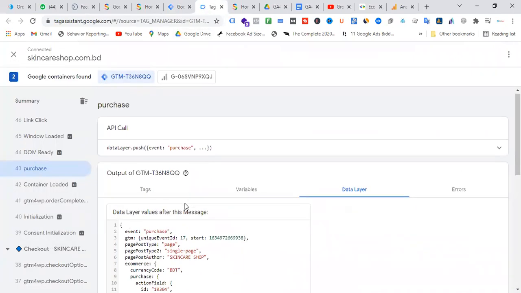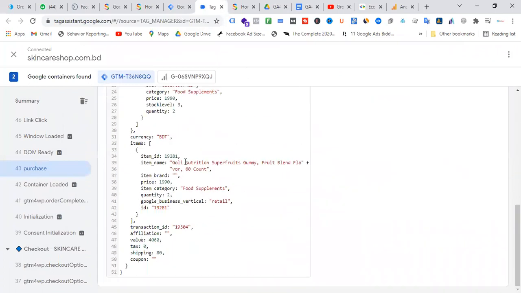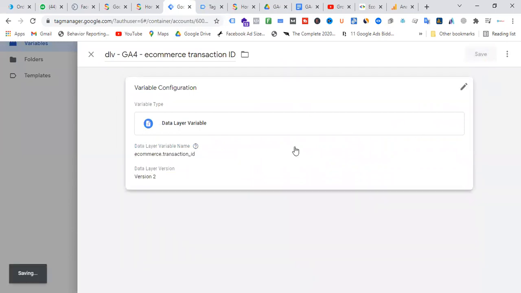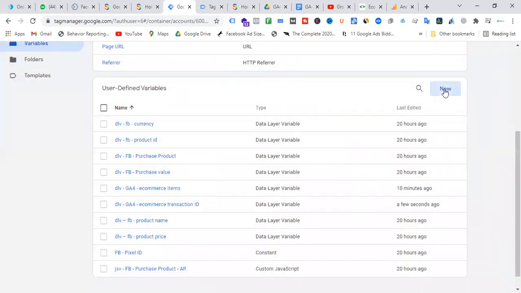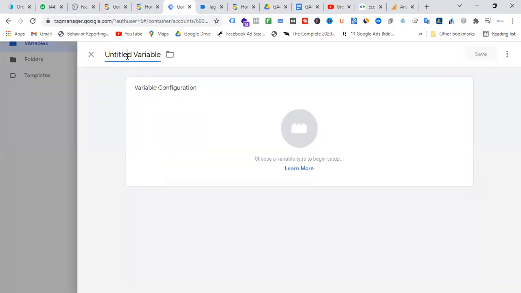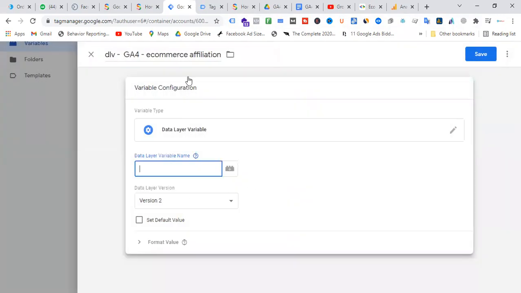How will it come? Just e-commerce dot transaction ID. Yeah, e-commerce dot transaction ID under the e-commerce object. Okay, so this way we can do that, and we have to create affiliation. If you have affiliation on your buyer's website, go to the affiliate section, data layer variable.